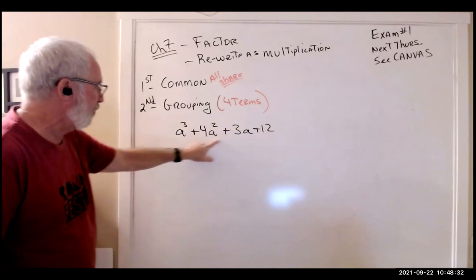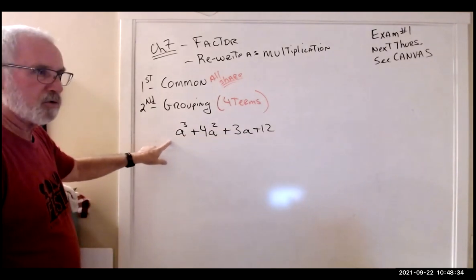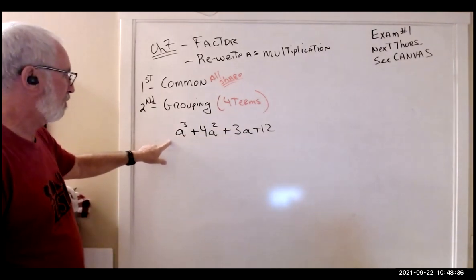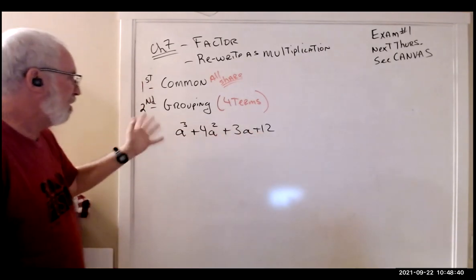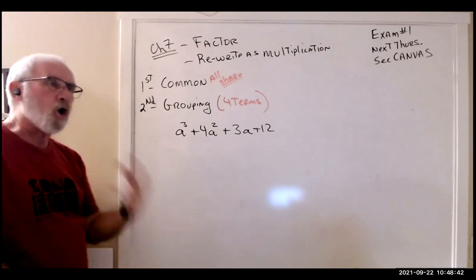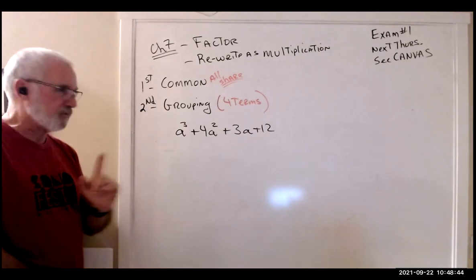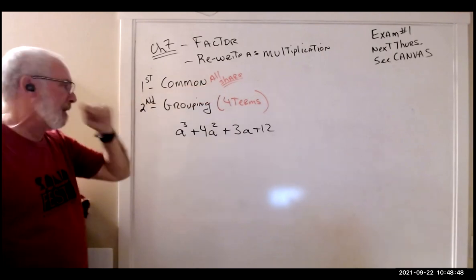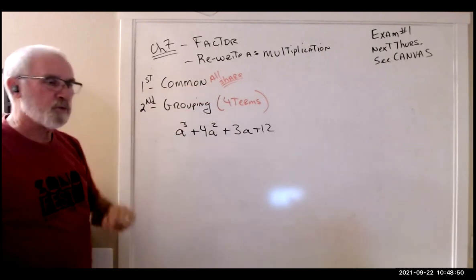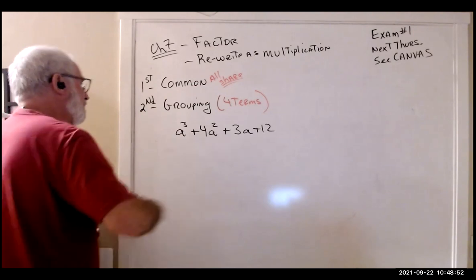Okay, A goes into the first three numbers, but not the 12. Okay, no, they don't have anything all in common. That's very important. Common means all of them share something. But it's called grouping. Okay, what grouping means